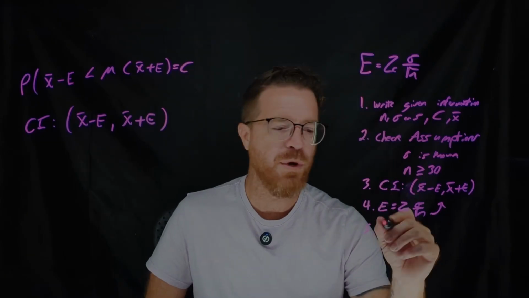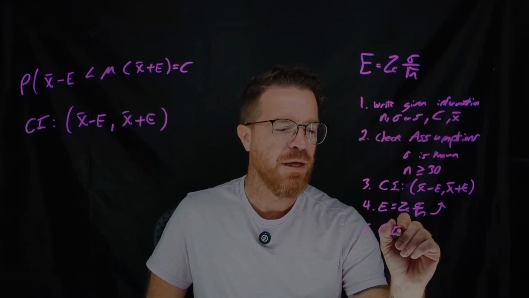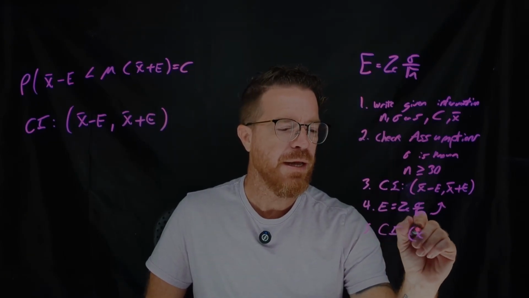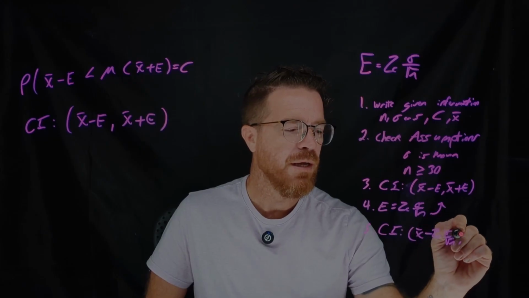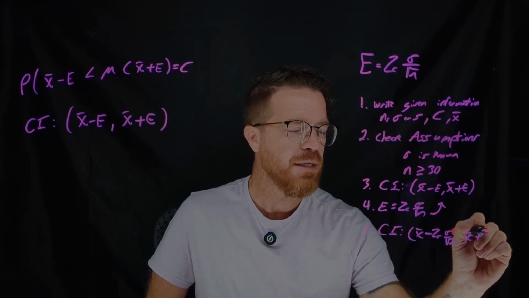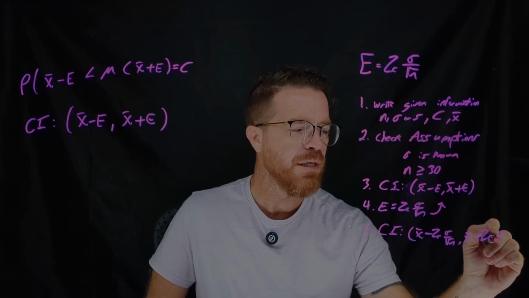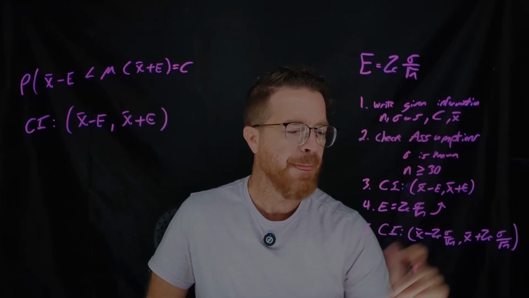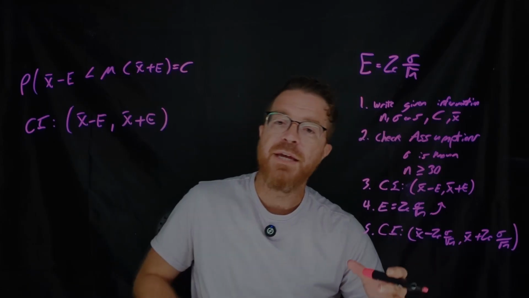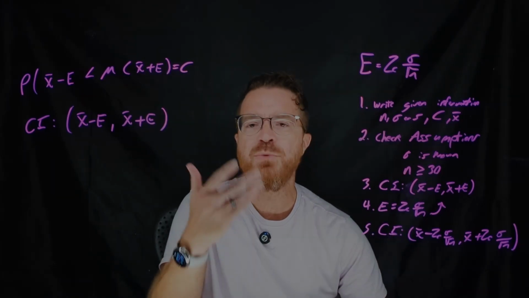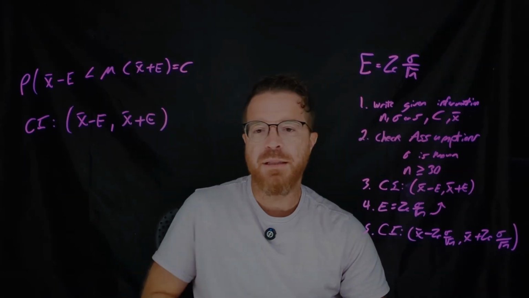You're going to have numbers at this point, but pretty much your confidence interval is going to be x bar minus z critical sigma over square root of n up to x bar plus z critical sigma over square root of n. You're going to find these values, and that's going to be your confidence interval. And then a lot of times we're going to ask you, how would you interpret this? And it would be something like,